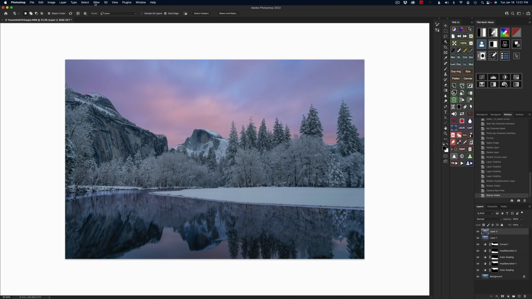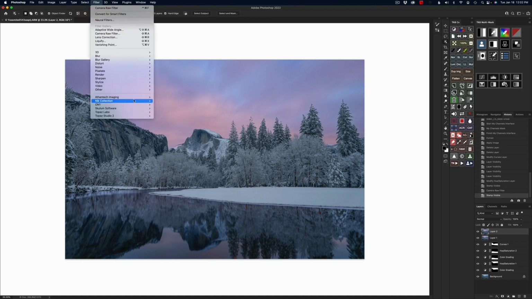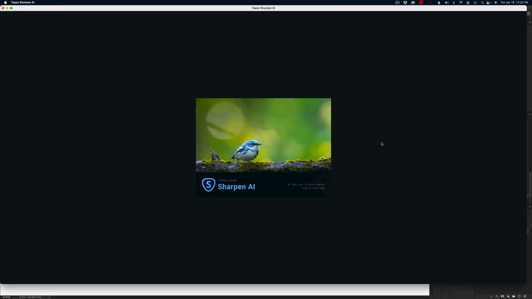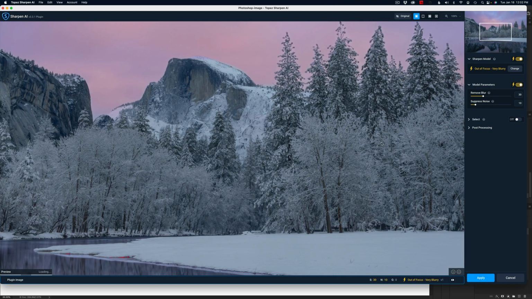And now I'm going to come up to my filter, and I am going to come into Topaz and Topaz Sharpen AI. And I am on an iMac Pro that I purchased back in late 2017. I am hoping that's the next computer Apple comes out with. This is Topaz Sharpen AI. I'm going to apply this, but